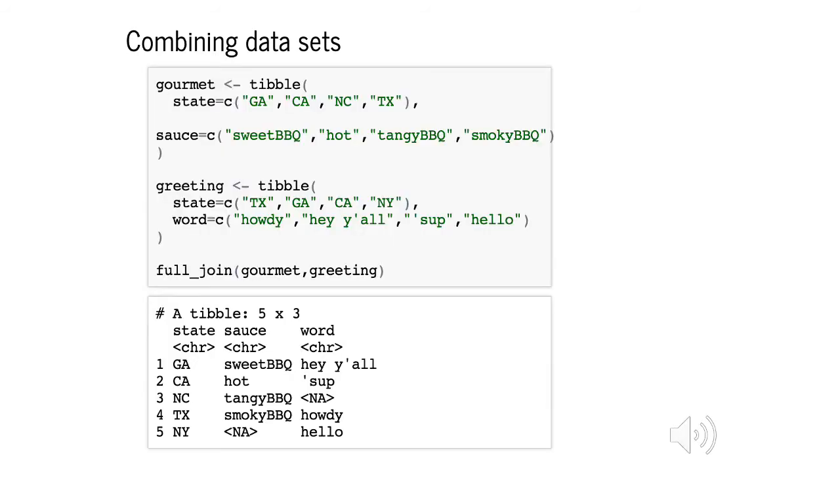We'll illustrate 2 different joins with a simple example here. First, we'll do a full join and look at the results, and on the next slide we'll do an inner join and look at those results. In order to do this, I've created 2 simple data frames. The first is called Gourmet, which takes 4 different states and their characteristic barbecue sauce. I then make another data frame with 4 states